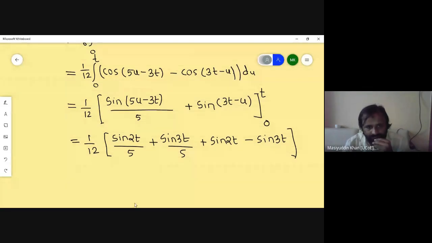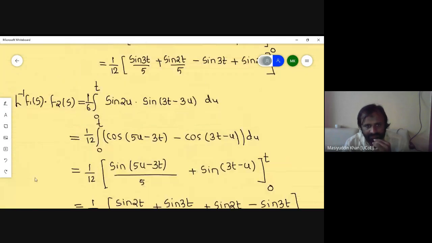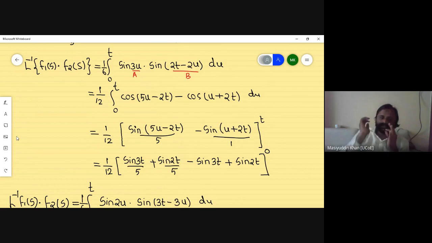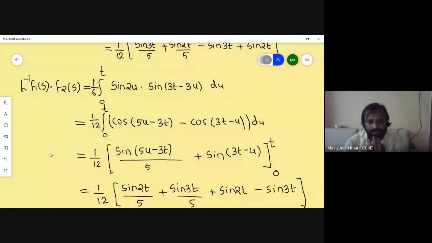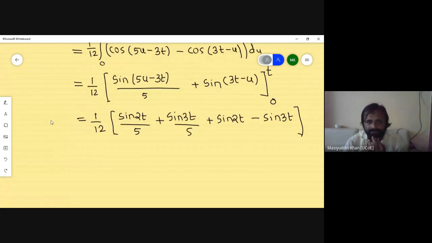So it's your choice. You have to perform the proper integration as well as the proper evaluation of the terms, because in the theorem there is nothing written that you have to consider a few functions as f1 and a few functions as f2. It is clearly mentioned that it's our responsibility and our choice. If I want to take the first function as u and the second function as t minus u, or vice versa, it's our responsibility which function we have to take. So hope I'm clear with your doubt.